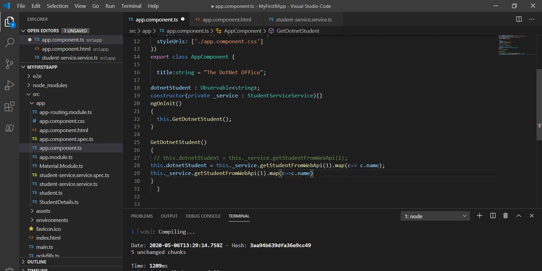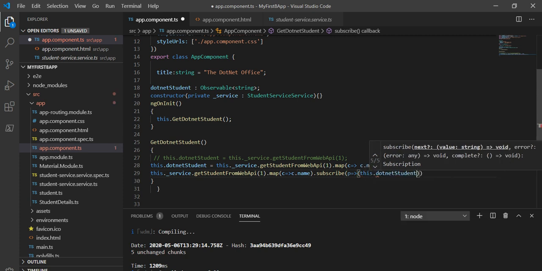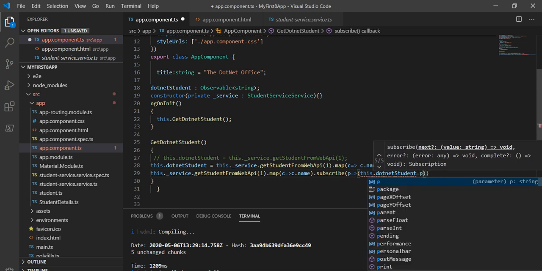And next I will use the subscribe, and here this.student equal to, I will assign in p. Like in the previous tutorial we have seen how to use the subscribe keyword. So I will assign the p.